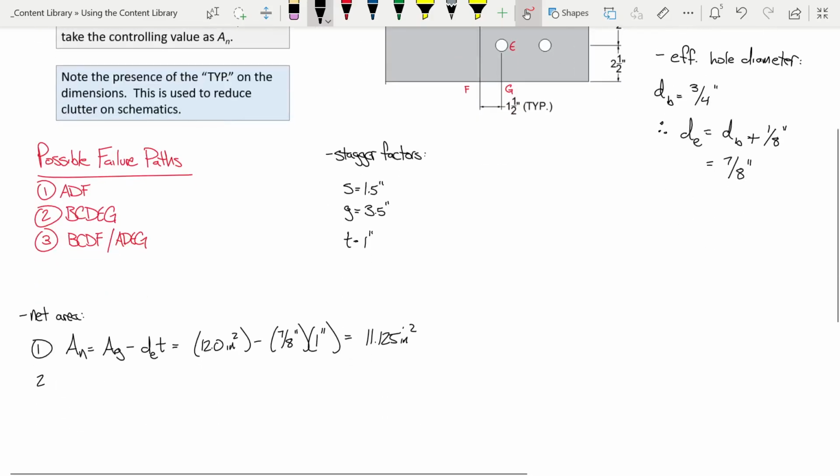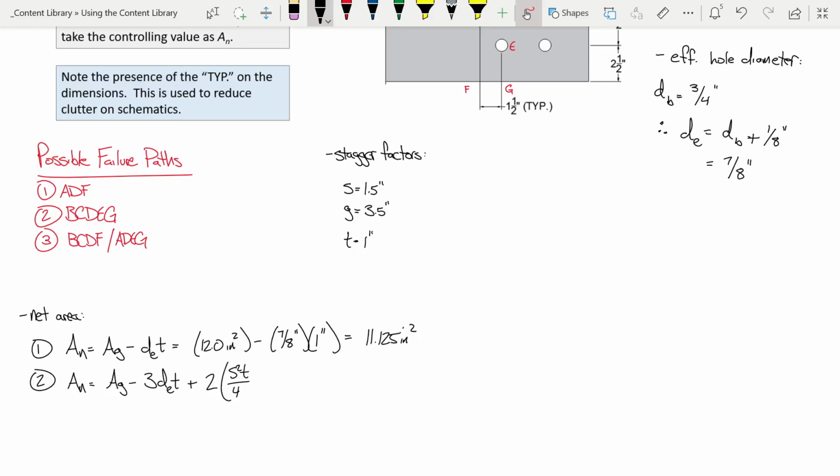So for path 2, is that fair? The way I've got this written? The gross area minus 3 bolt holes plus 2 stagger factors, right? So, what do we got? Equals